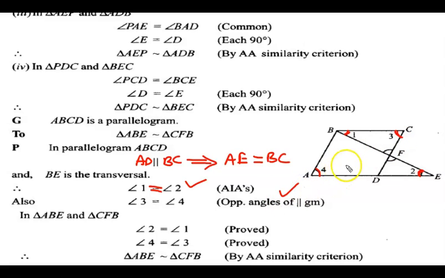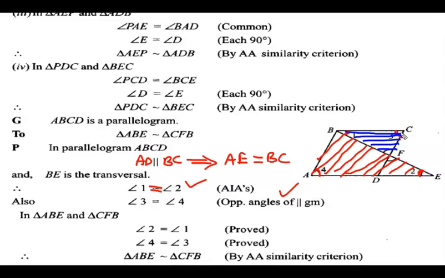Now when we take this triangle ABE, so this is A, B and E. So this is the triangle taken over here. We will take this triangle ABE, the shaded portion, and CFB. I just changed the color for your convenience. This is CFB here.